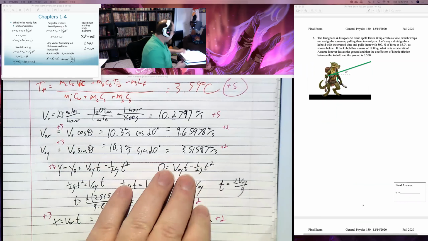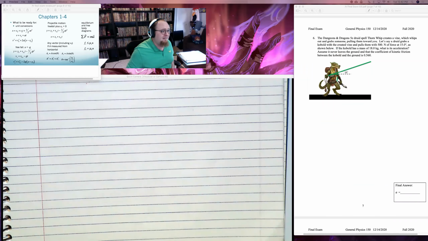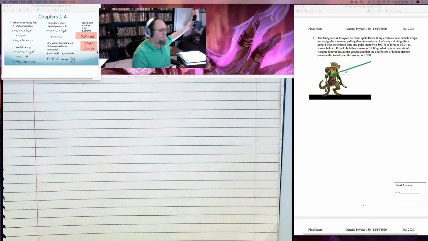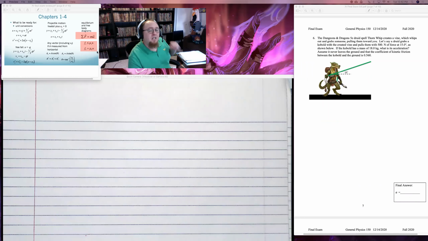Problem 6 will be forces. So the one thing I can guarantee is that it will be based around F equals ma. It might involve friction, it might not. You might need these guys, you might not. I often include friction, but I don't always. There's a lot of ways I can go here, though. There's a lot of different problems we did, and a lot of things you can practice. But no matter what, it will be F equals ma, and more importantly, a free body diagram.